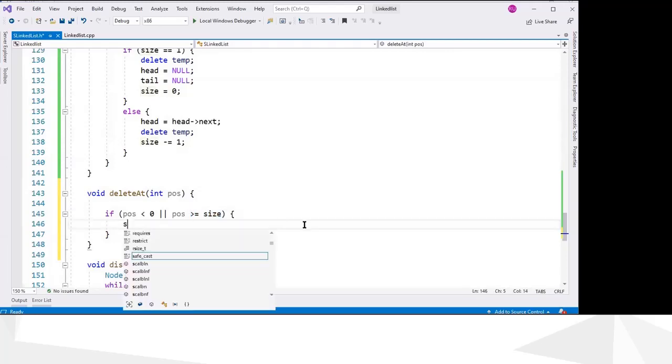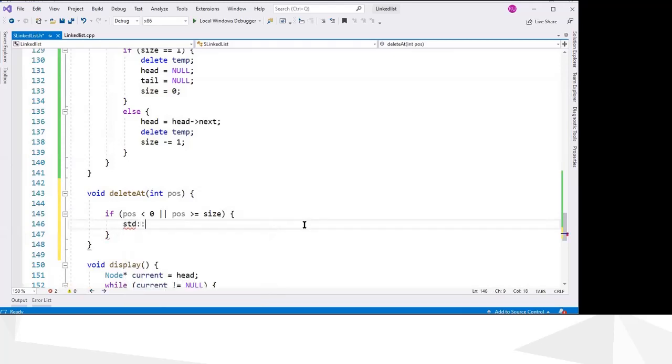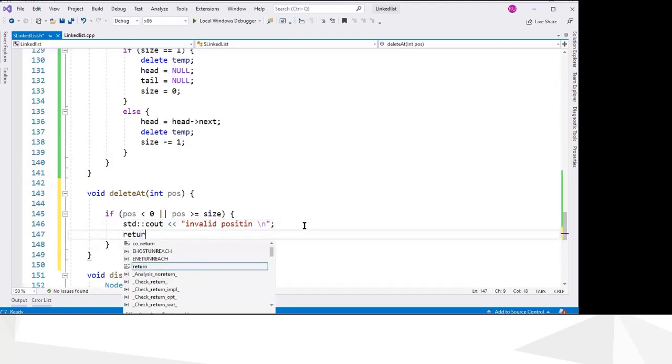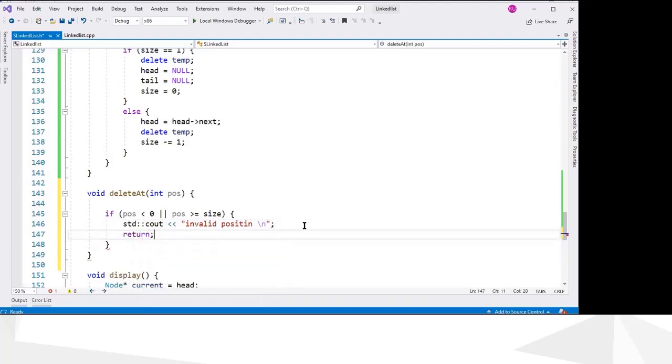So we print invalid position, and then we return from the function.